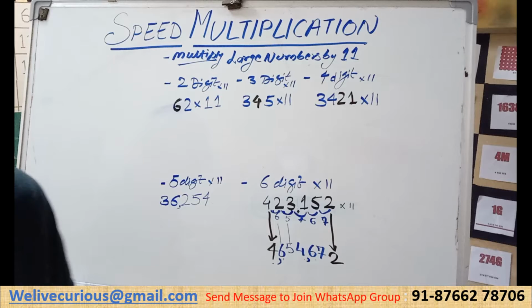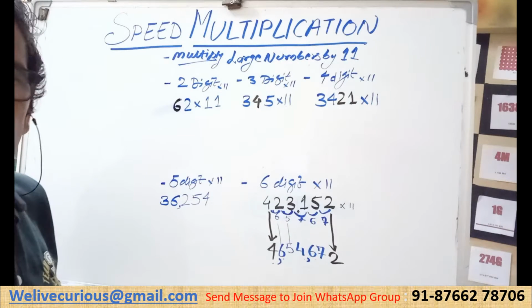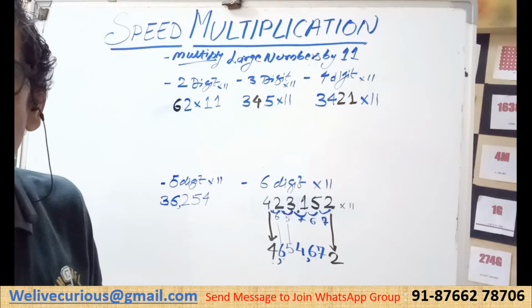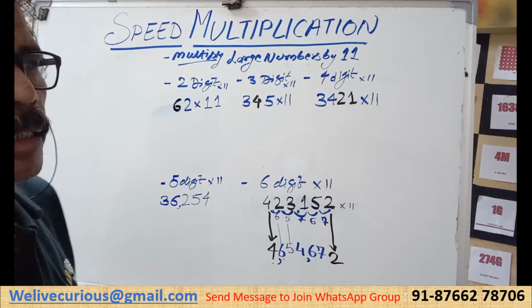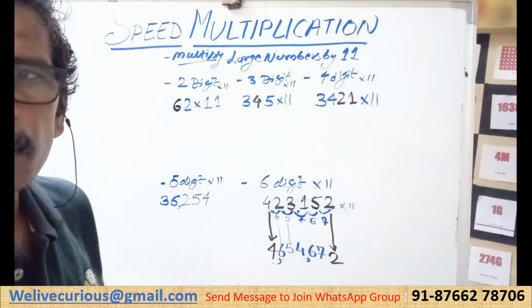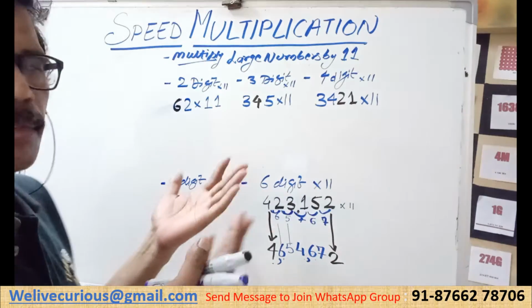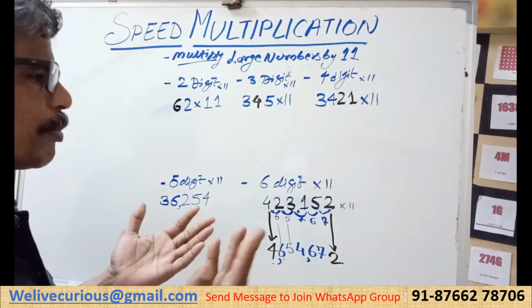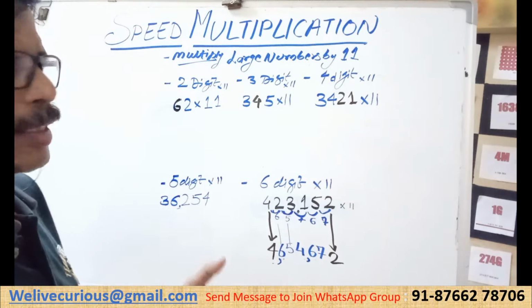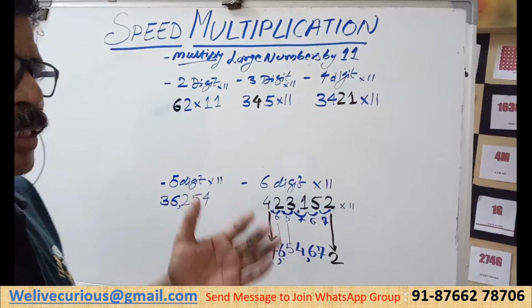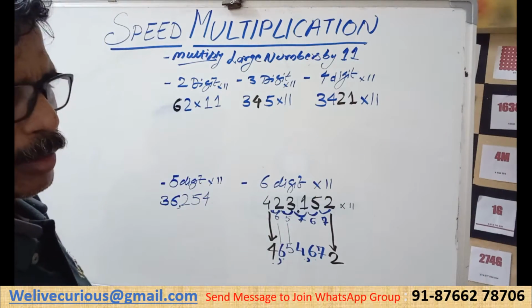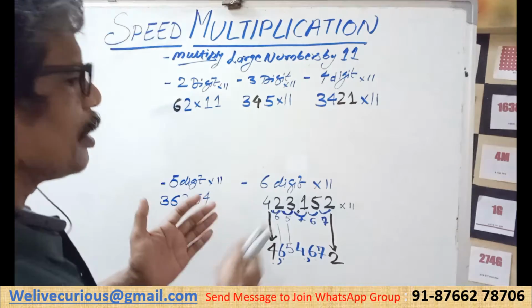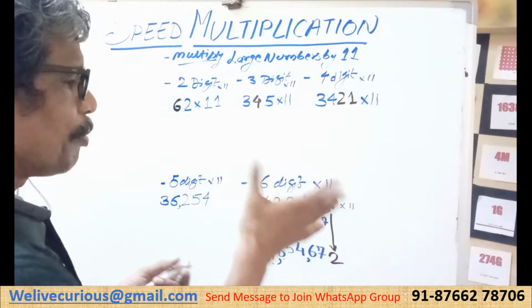Why do we learn about this kind of thing? Why do I wish that kids learn about this? Imagine a kid being forced to learn the table of 11. Imagine a kid being forced to learn the table of 13, 9, 7. His understanding of mathematics is a crude job. You have to hammer it inside your head, then only things work. But mathematics is beautiful. Mathematics is about patterns.